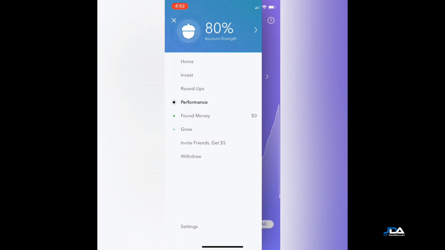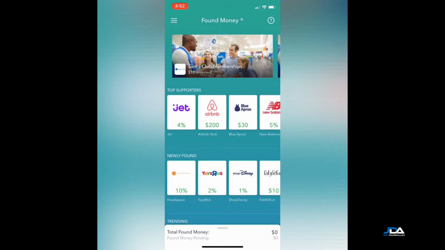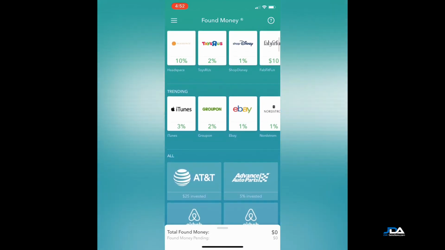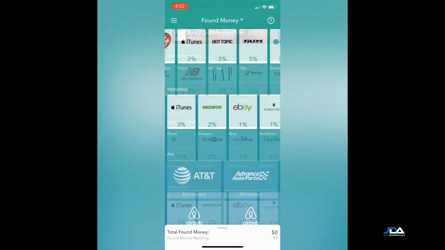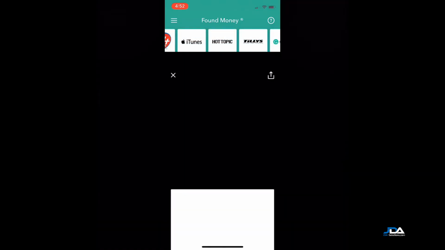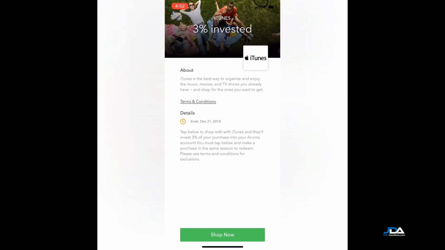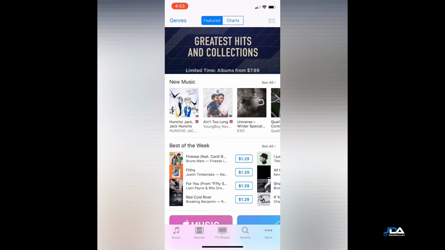Okay. Now, if I go over here, they got this thing called Found Money, which is pretty cool. If you spend money with some of these actual retailers here, they will actually invest a certain percentage into your Acorns account on whatever your purchase is. Basically, you'll click on, say, iTunes here. Guess what? It says it's going to invest 3%. So if you're going to buy an album, you can go over here and shop it. It'll take you right over to your iTunes deal. You'll purchase it, and then that transaction will be recorded, and then it invests 3% into your actual Acorns account,